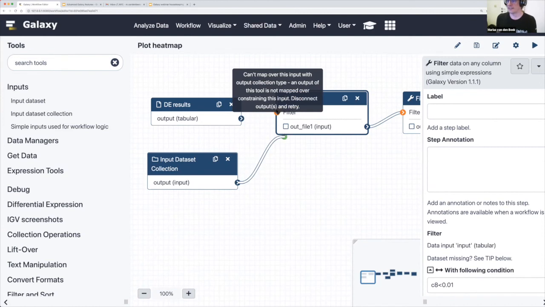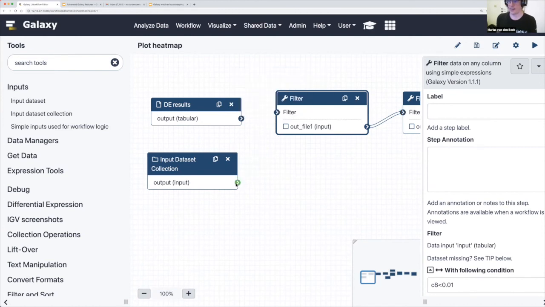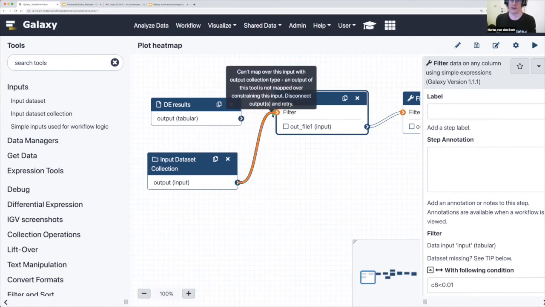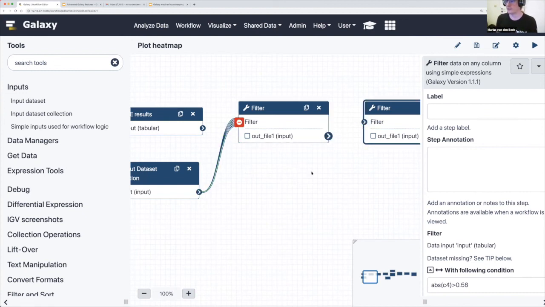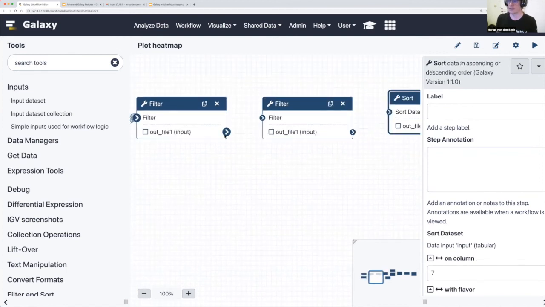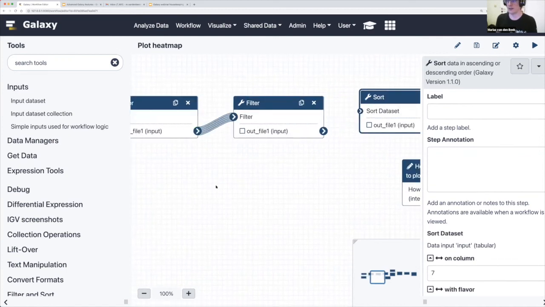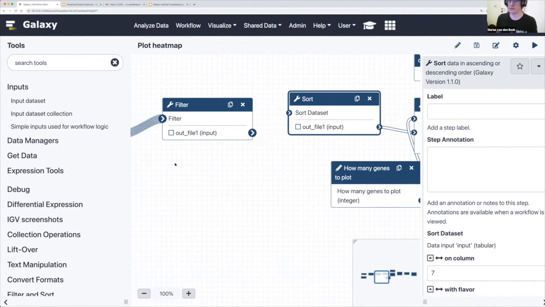But because this is now a very different input, Galaxy can't connect this because the output is already connected. And so there are some decisions that depend on this. So traditionally, what you would need to do is disconnect each output. And that is a little bit cumbersome. We may improve this in the future, but